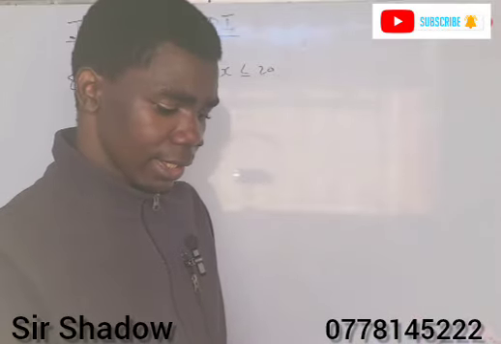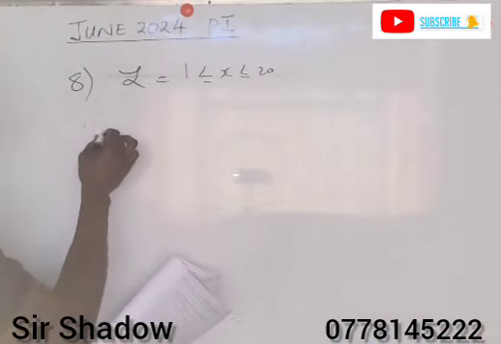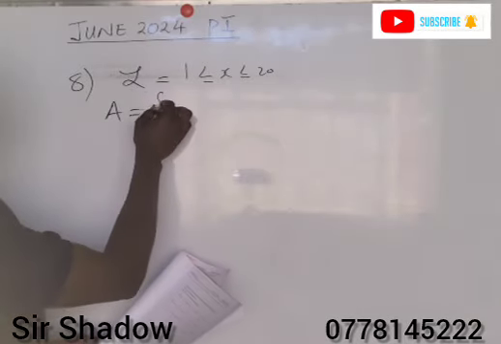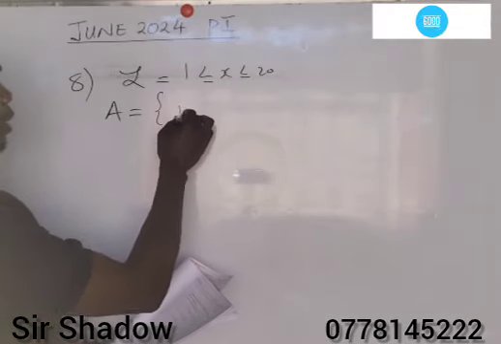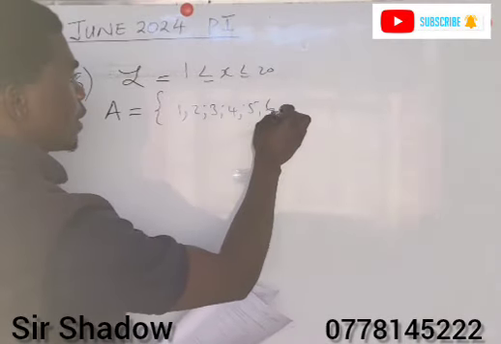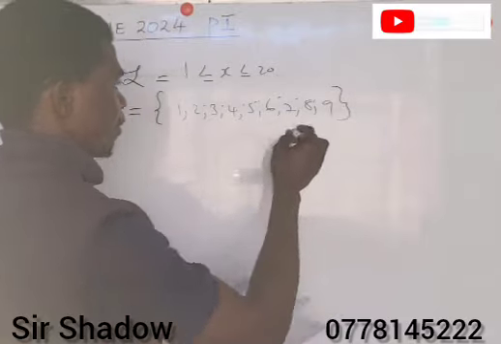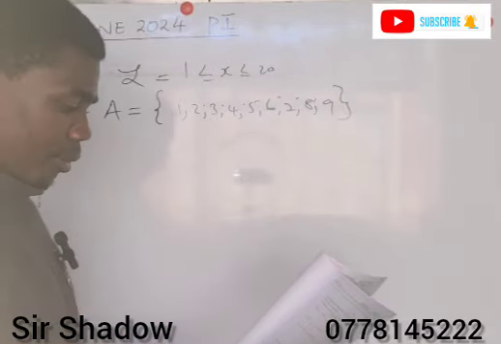Then A is all values less than 10, which is 1, 2, 3, 4, 5, 6, 7, 8, 9, since we want to find the values less than 10. Then B